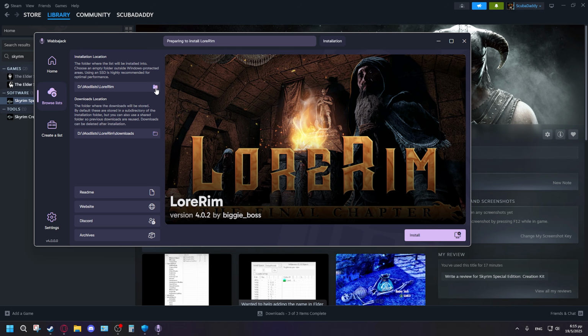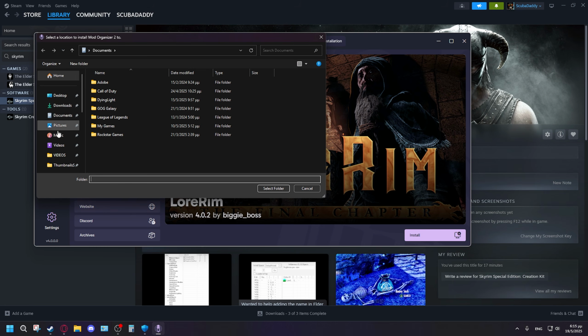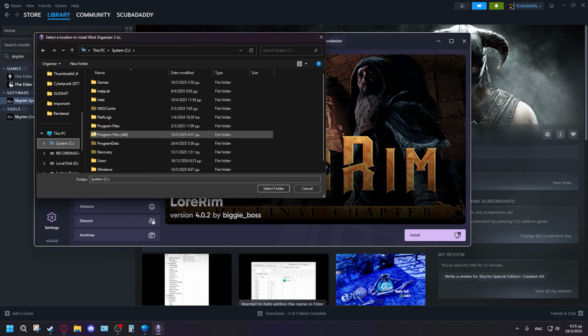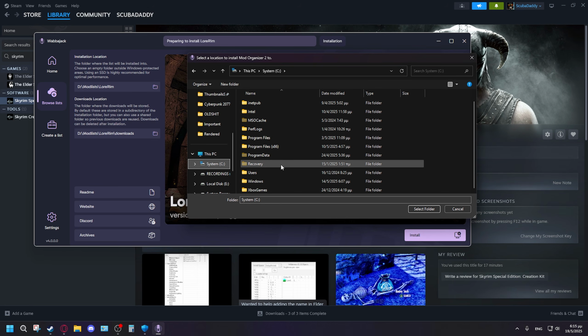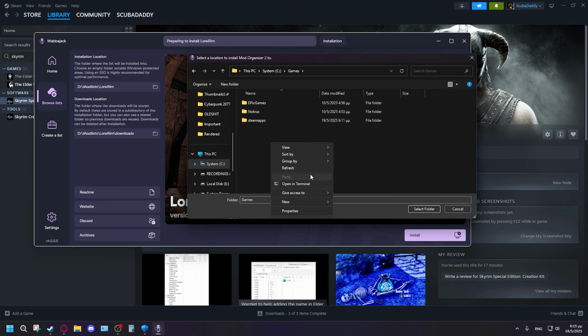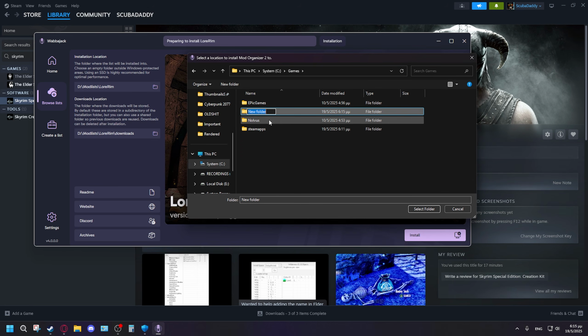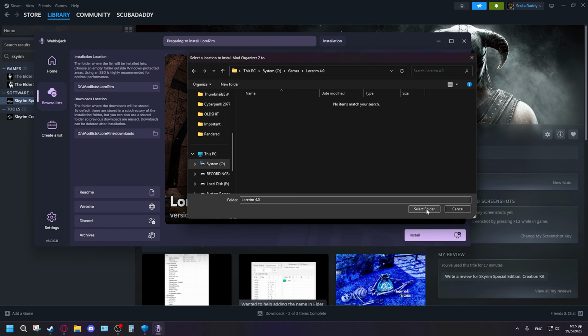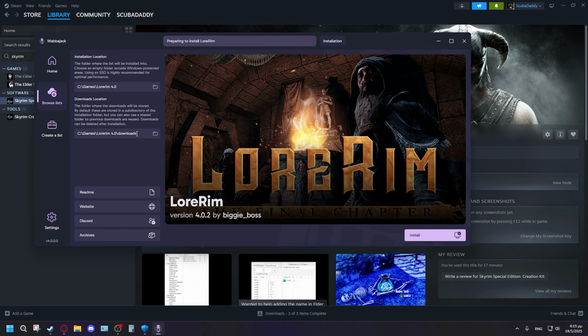So make sure, go here and click on where you want to download it. Now I'm going to download it on the C drive because I will delete the Modlist downloads afterwards. Go ahead and go into Games, create a new folder. I also have novels here as you can see. Lorerim 4.0, click on that, select folder, and it automatically goes for downloads as well. It will install on the same